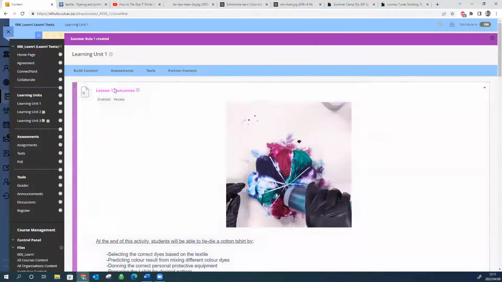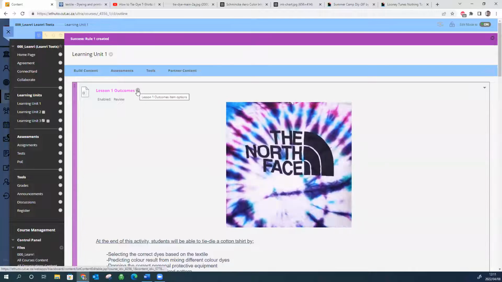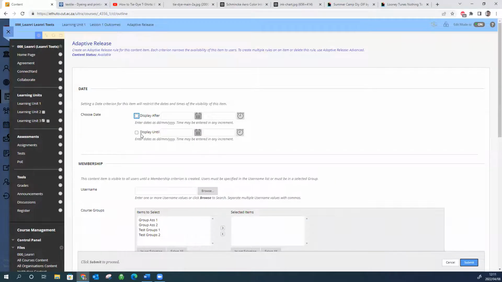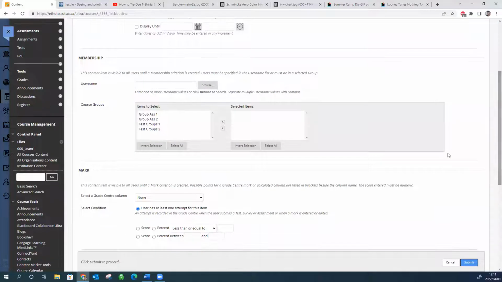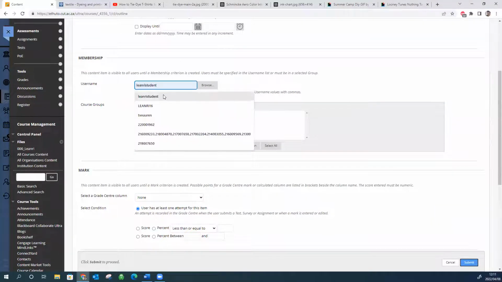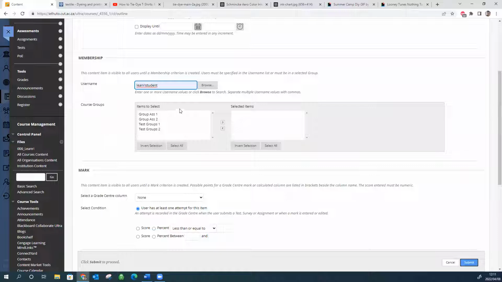Okay, now just a quick note on adaptive release, because I went through them now and we only used 2 of them, but you can release things based on date, and we're going to do this now. But you can also release based on users. So you can put in here a specific student, their student number. You can put in more than one. You just have to separate them with a comma, and then you can submit, and then only those students will